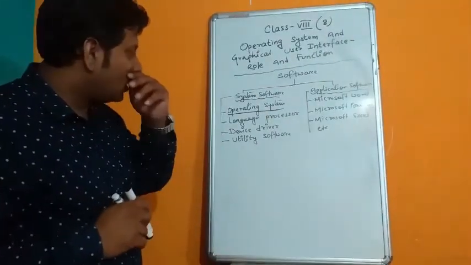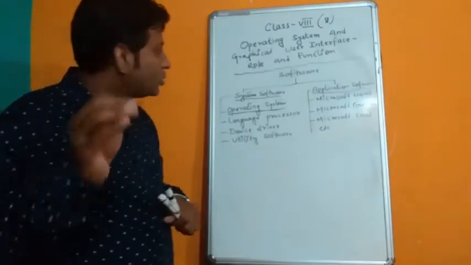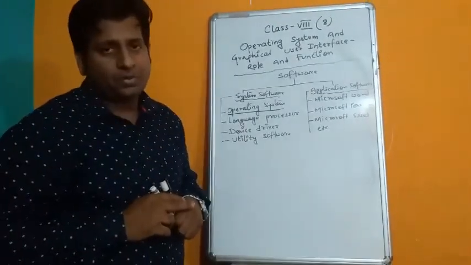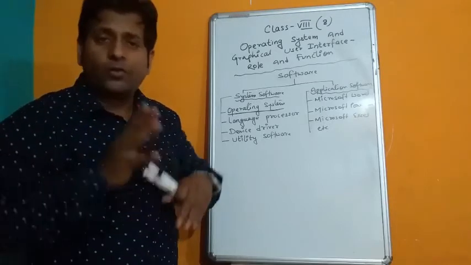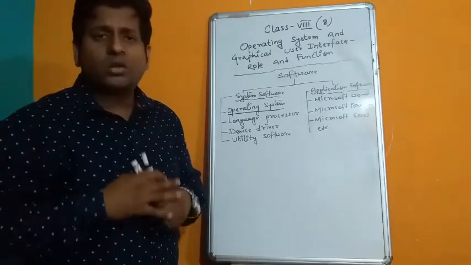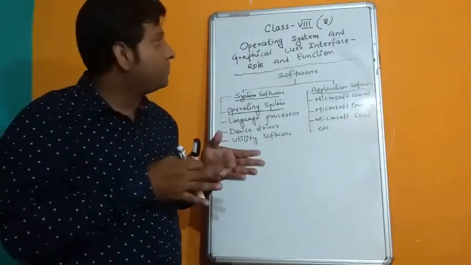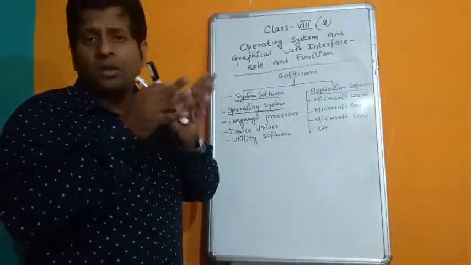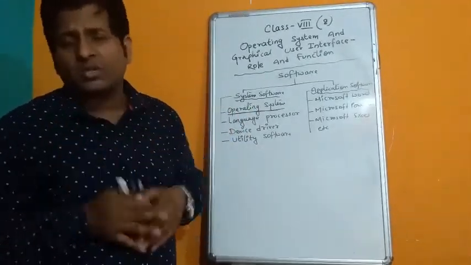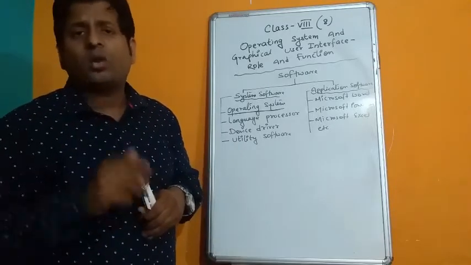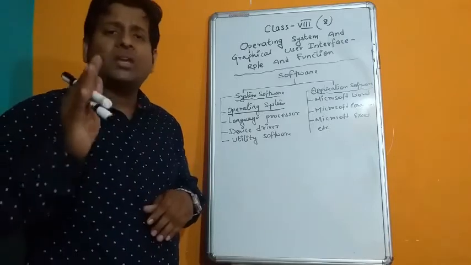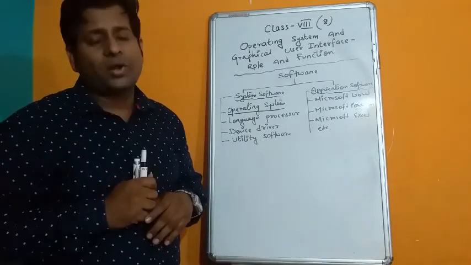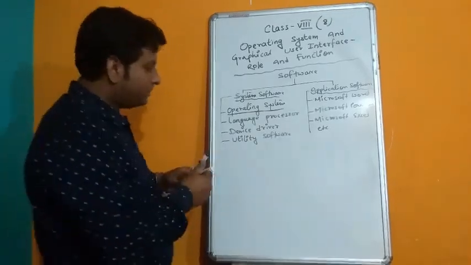So children, now from here, I would like to give you one homework. But remember one thing, you need to write in your copy. If you have a new one, write in that. Otherwise, you can use the old one, that previous class, class 7 computer copy. You can write down there. Otherwise, you can even use a piece of paper and write it there. When school reopens, I'll be checking your answers. So your homework,